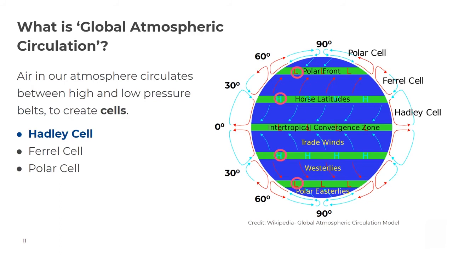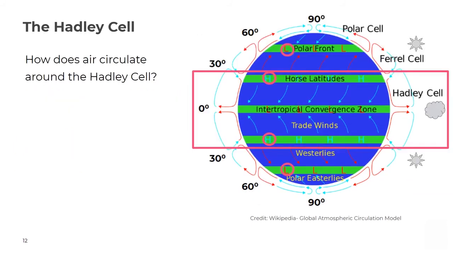So let's now take a little look at the Hadley cell in more detail, at what's occurring in that area of the atmosphere. So let's take a closer look as to what's happening within the Hadley cell. The sun's energy is most concentrated or focused at the equator, and this causes air at the equator to become warmer due to the sun's energy. This causes the air to rise because it's become less dense, so it rises into the atmosphere and it creates